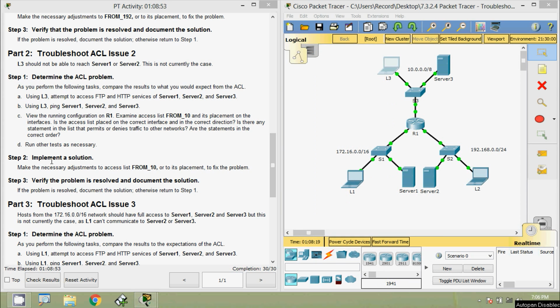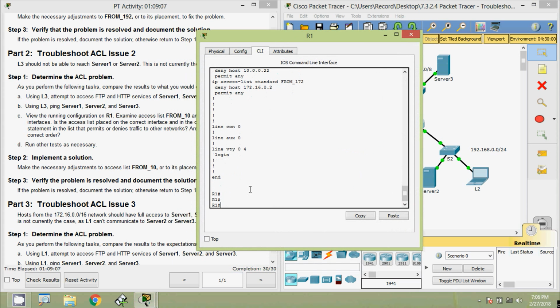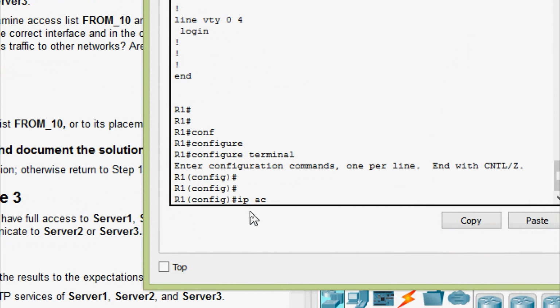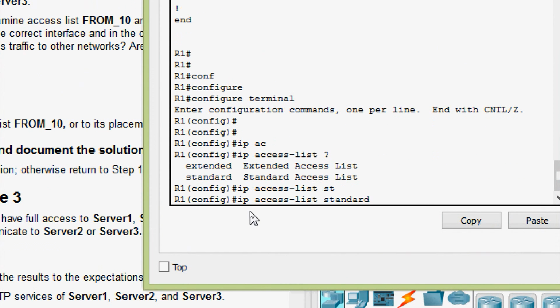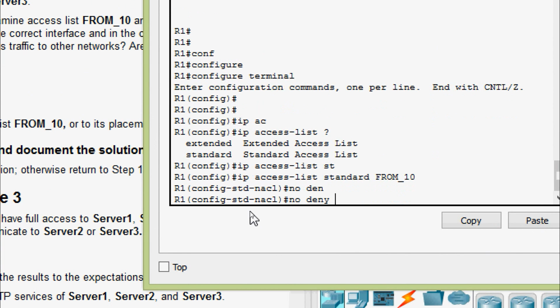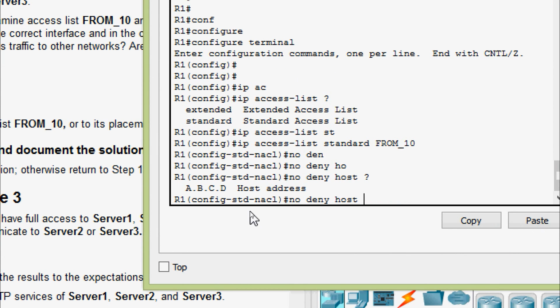Coming to step 2, implement a solution. Make the necessary adjustments to the access list or to its placement to fix the problem. Right, coming to R1, configure terminal, ip access-list standard. First of all, we have to remove that. No deny host, then the incorrect address, that is